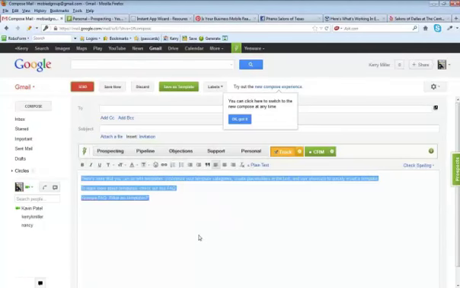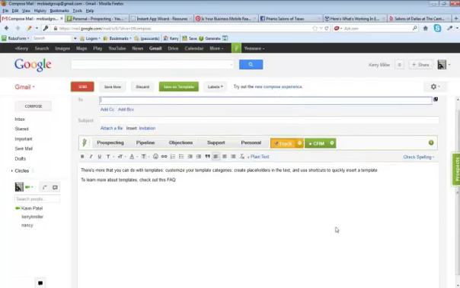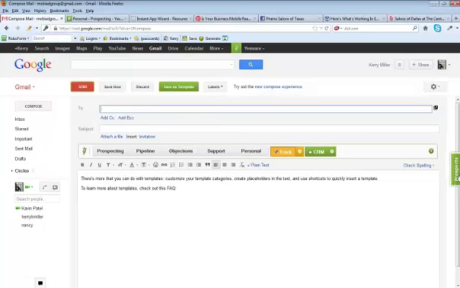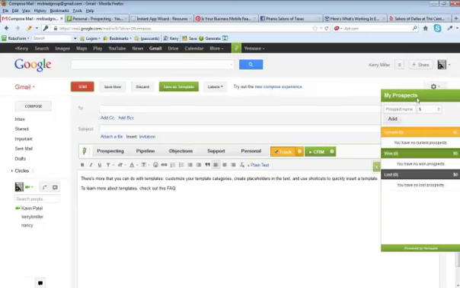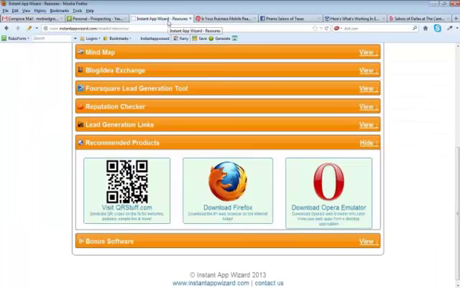I'm going to use this template. And it puts it automatically in there, okay? So I've got my template here, all right? And all I've got to do is pull my email down from wherever I got it from my lead generation sources over here.